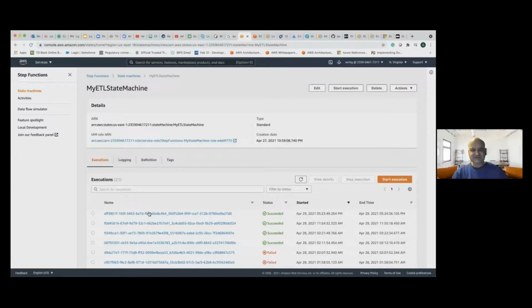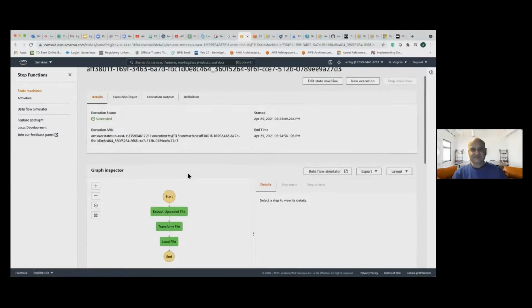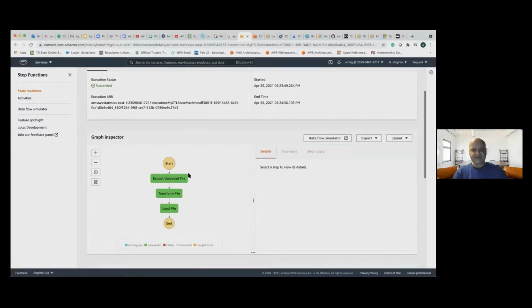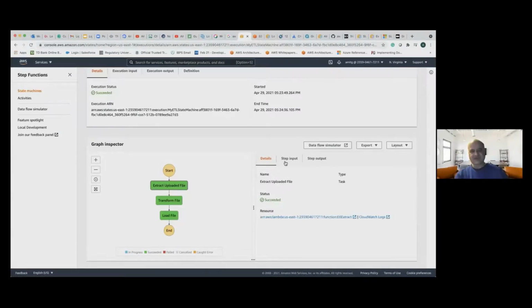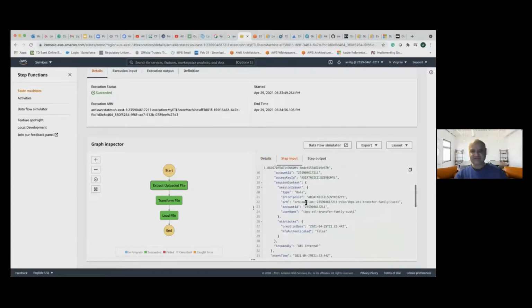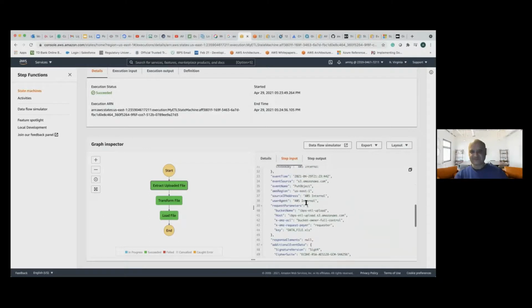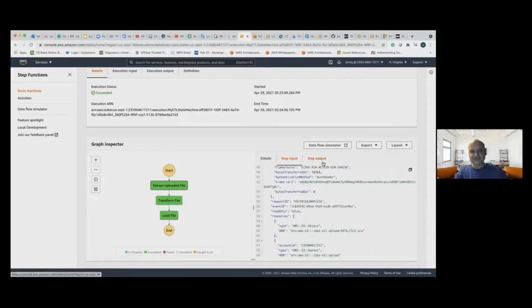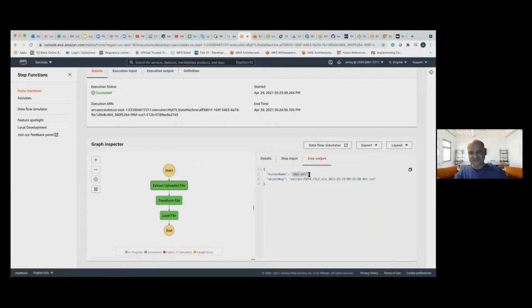As you can see here, the job has been kicked off, and the extract upload file was called first. In here, the input was one of the S3 files which we uploaded. And the output was we had extracted the file, and this is the file which has gone to the extract